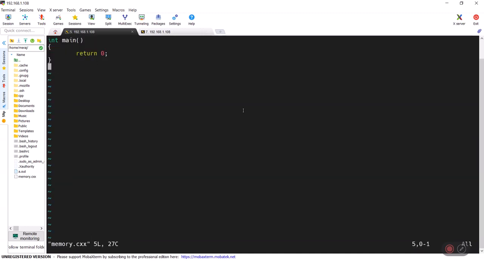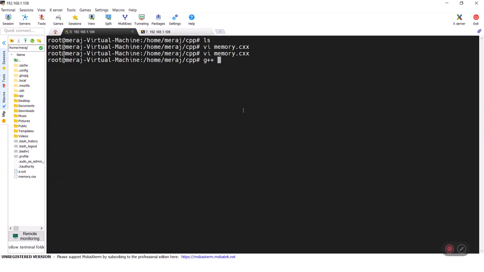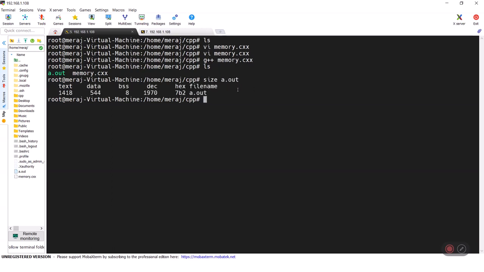This is a simple program which I have written, which does nothing. It's just a plain main method, a dummy program. Let's compile this program. Once we compile, we have our a.out generated, and in Linux we have a command line utility called size to check the text and data segments. I'm on Ubuntu, and this is how we can check the layout.